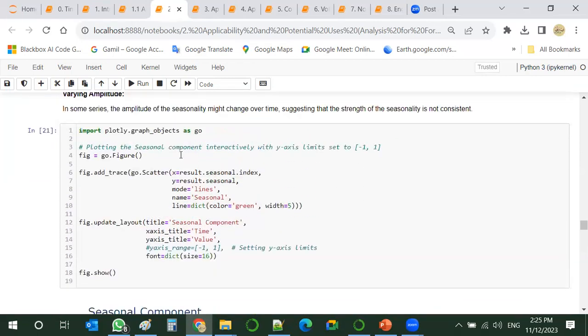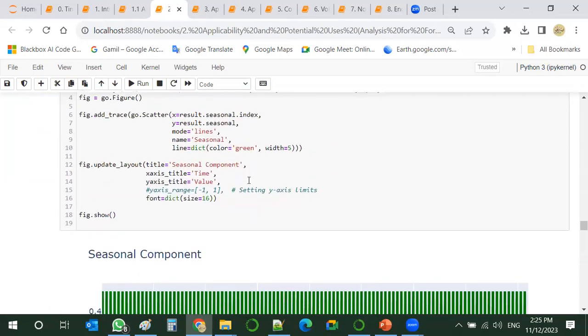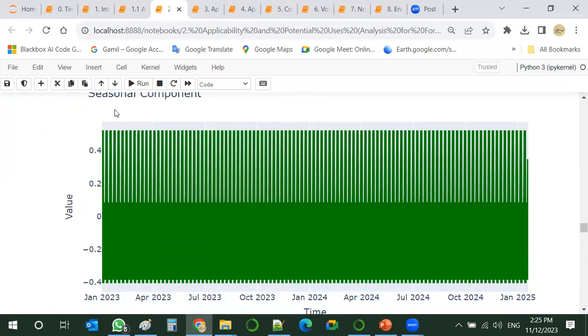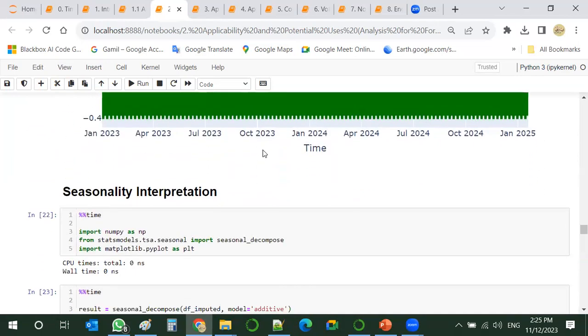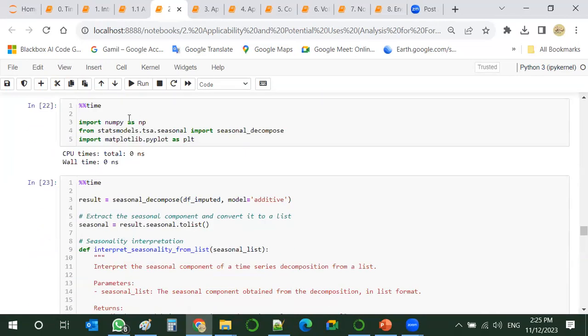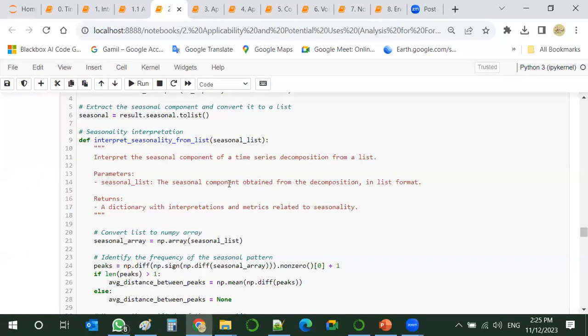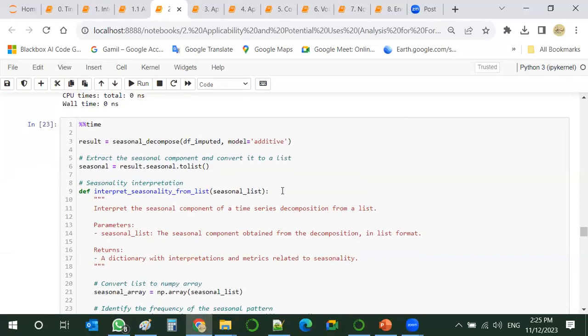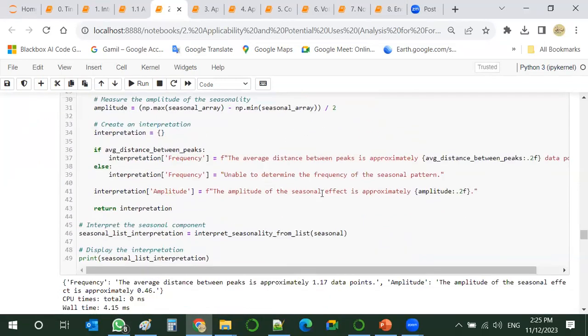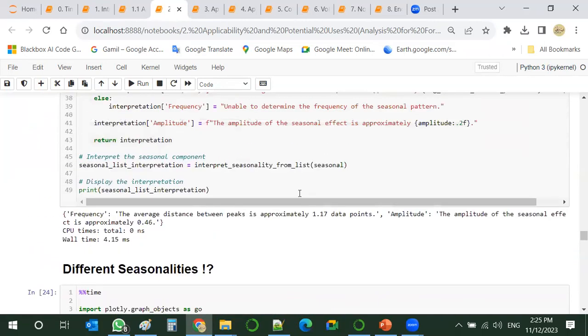So we run this code for seasonality. So you can see the seasonal component. It's clear that there is seasonality. We can do an interpretation, and we can see the results.